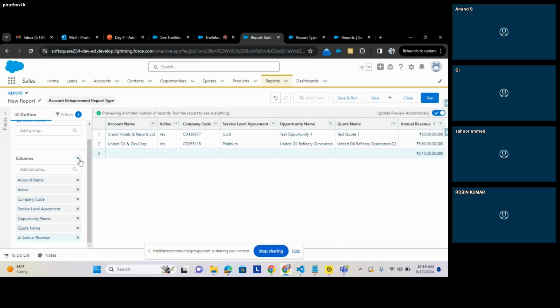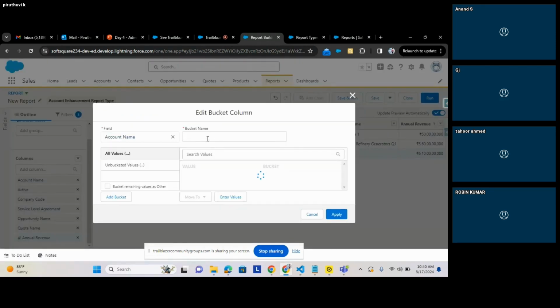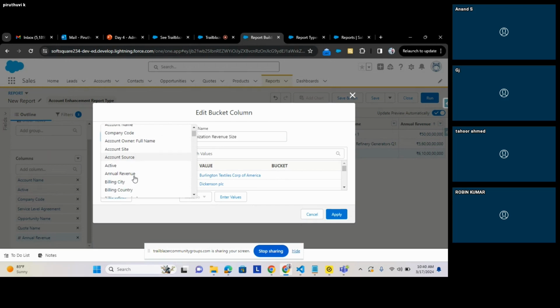That's the place bucket column helps us. So if you try to click this drop down here, you get an add bucket column here. So just have a click on it. We need to name this bucket, right? So let's give it organization revenue size. All right. So we have to select a field, right? There we go. We can select annual revenue here,